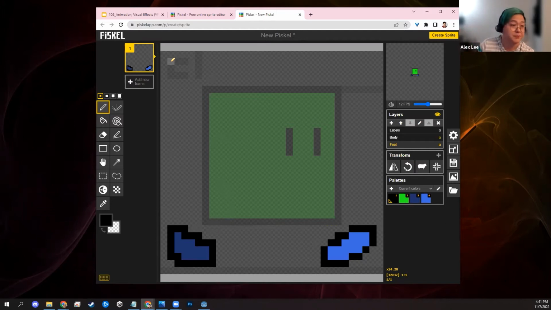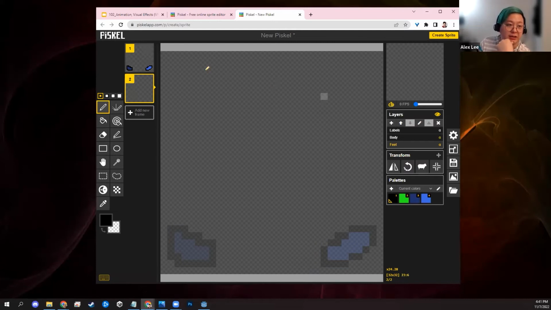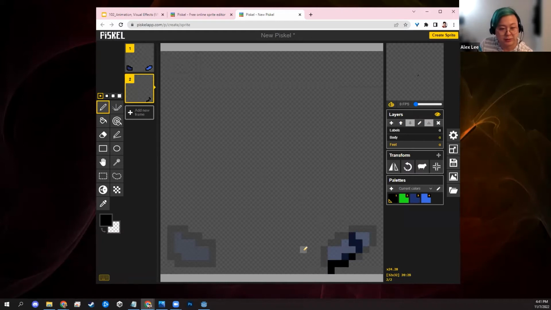Now, what we can do at this point is go to the next frame. You might think, okay, I'm just going to do a little bit of motion, right? There's an effect called onion skinning where you can turn the previous frame visible by clicking that little onion, and then you can reference it, and then we can draw, oops, maybe the foot a little further along like that. This would be called straight ahead animation, where you take it one frame at a time in real time. If any of you have played Gartic Phone, that's essentially the kind of animation you would be doing in Gartic Phone. However, we're going to be using a different method today called